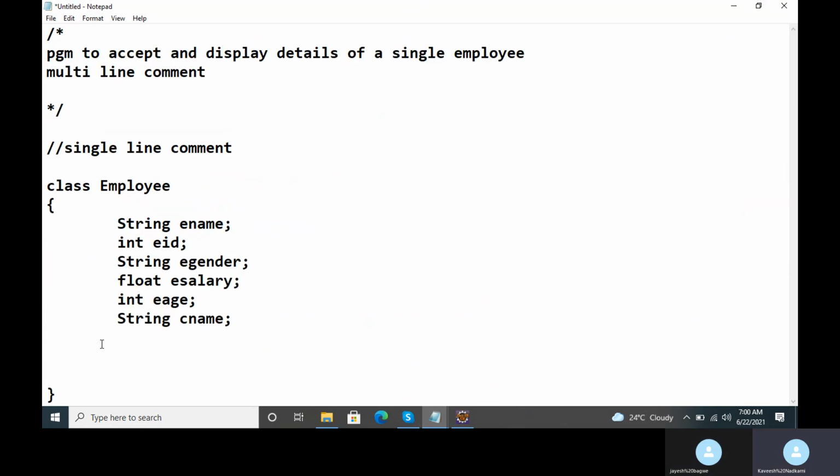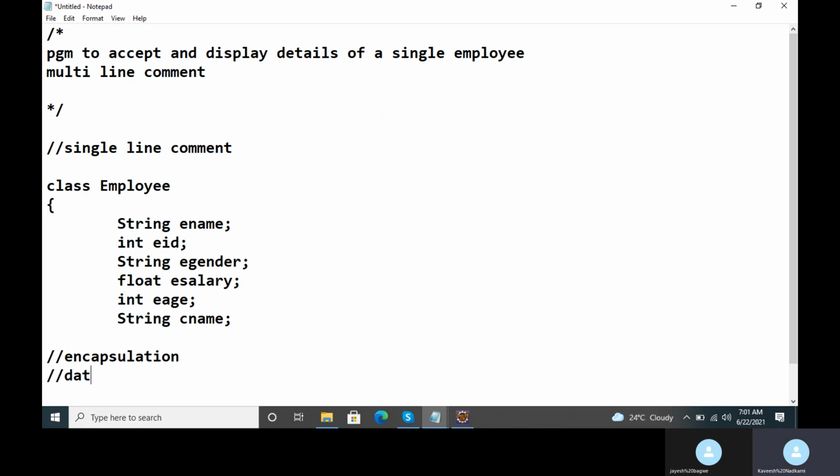Okay, here, one more thing. Whenever we write any programs in Java, always keep in mind that whenever we define classes in the program, we make use of something called encapsulation. So what is this encapsulation?